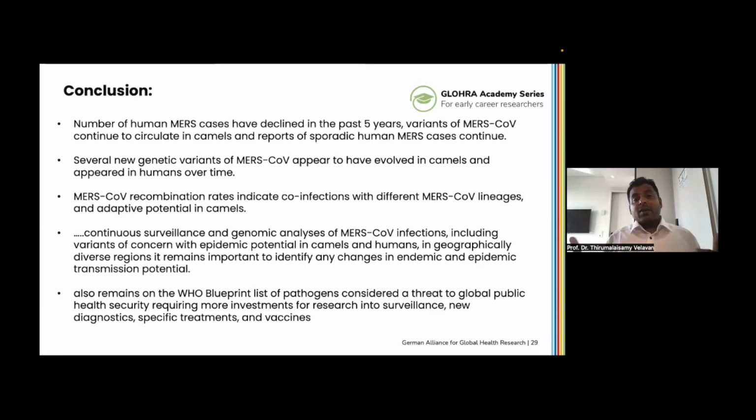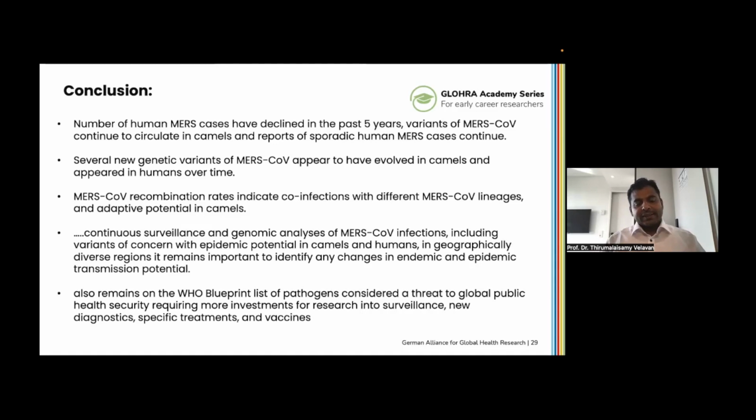The recombination rates of these viruses, especially MERS-CoV, clearly indicate that multiple lineages are occurring most predominantly in the zoonotic population, which means camels have an adaptive potential for recombination, which means they are capable enough of spreading new variants or new lineages. Therefore, continuous surveillance and genomic analysis of MERS-CoV infections, not only in humans, but most importantly in the camel population, is very important to drive the understanding of the endemic and epidemic transmission potential of the